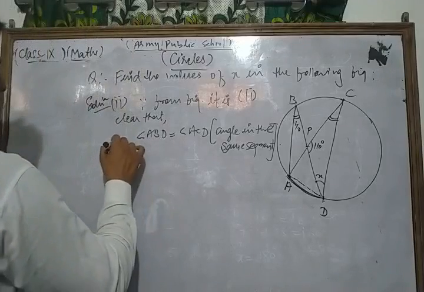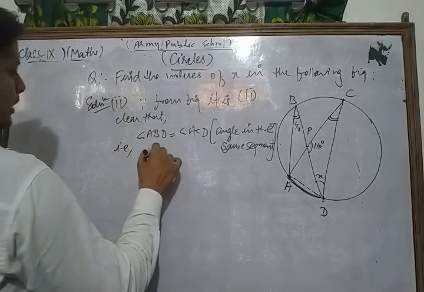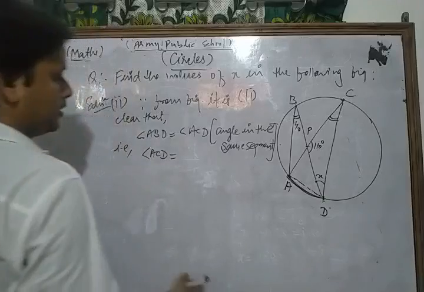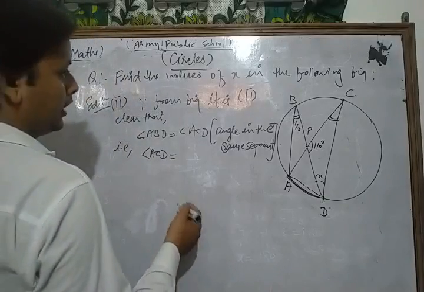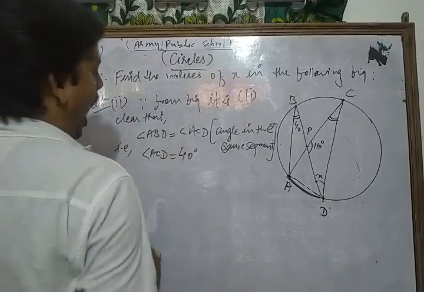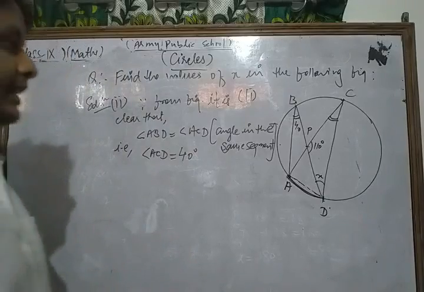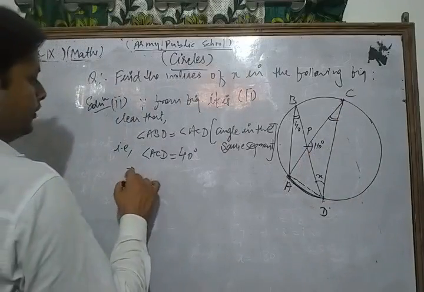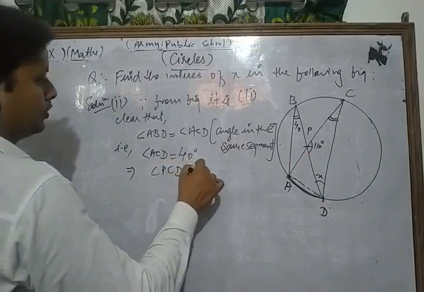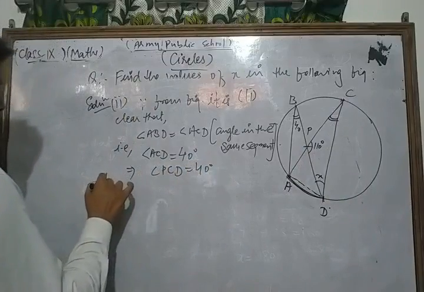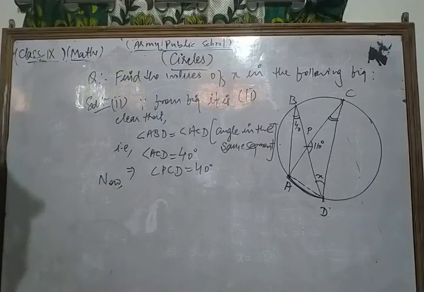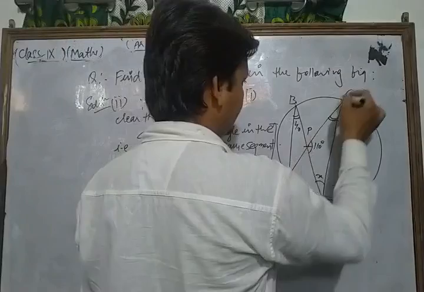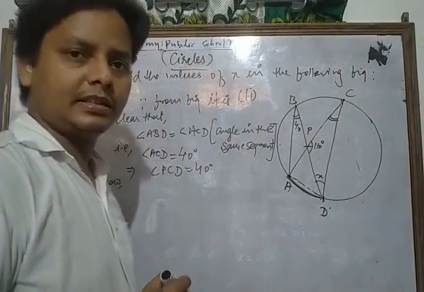That is, angle ACD is 40 degrees. Angle ACD we can also write as angle PCD. So angle PCD is also equal to 40 degrees. Now, dear student, in triangle PCD,